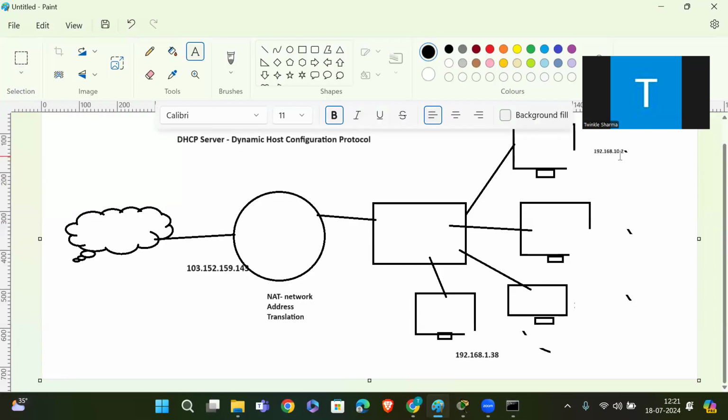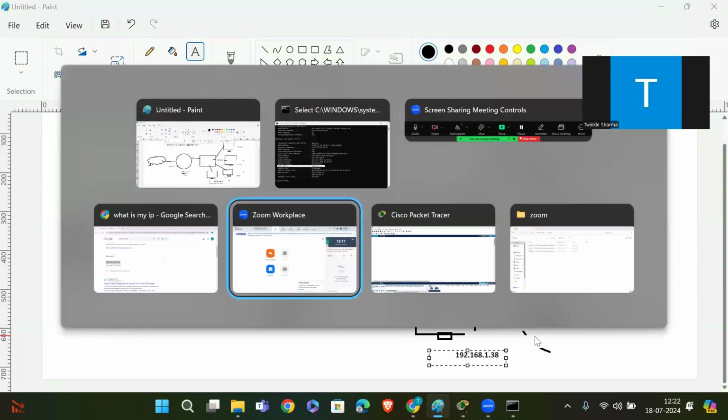So 1.2, 192.168.1.3, 192.168.1.5, and so on. And then this IP is allotted to my system at the location, right? So we have multiple devices connecting to this network, and each device has a particular IP. Now we go to our Packet Tracer.